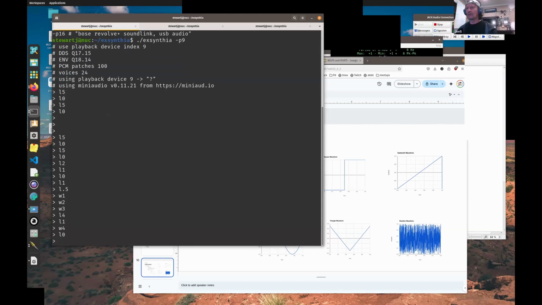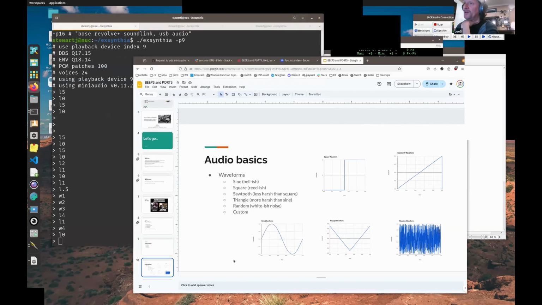And to rest your ears, I won't play the white noise waveform. But I just wanted to give you an idea, if you hadn't seen this before, of what these different kinds of waveforms sound like. People tend to think that sine waves can sound bellish, square waves can sound like a reed instrument. Sawtooth is kind of a less harsh version of a square wave, and a triangle is a more harsh version of a sine wave. I do have some custom stuff that I'll show you later on, but for now